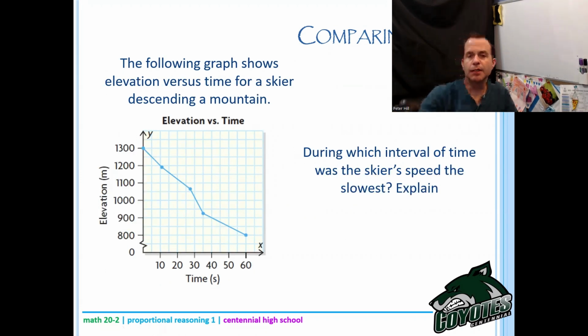Okay, let's take a look at this now. The following graph shows elevation versus time for a skier descending a mountain. During which interval of time was the skier's speed the slowest? Well, if I'm going to take a look at that, let's just compare each section. So what I want you to think about is from here to here, what has happened here? About 10 minutes have passed and I've gone,